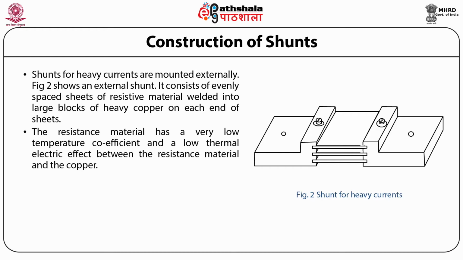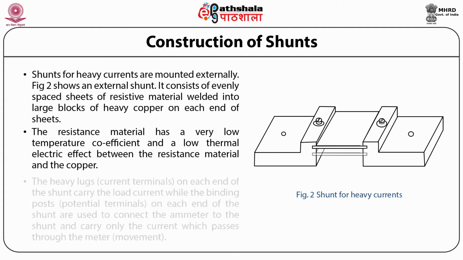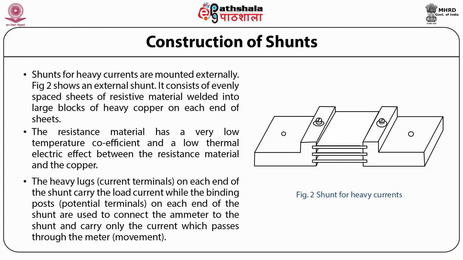The resistance material has a very low temperature coefficient and a low thermal electric effect between the resistance material and the copper. The current terminals on each end of the shunt carry the load current, while the binding posts